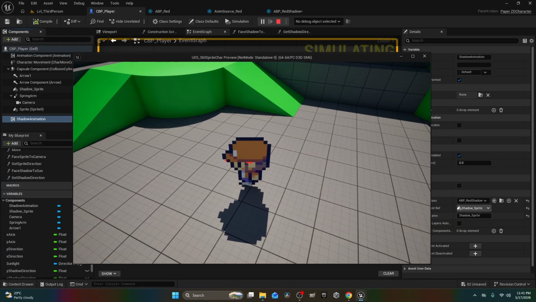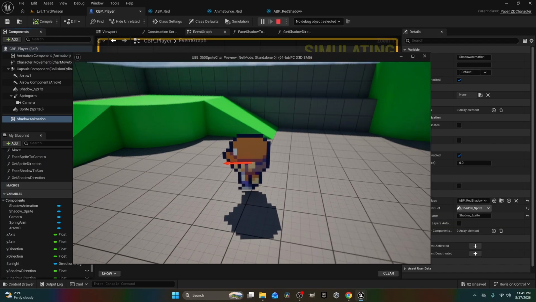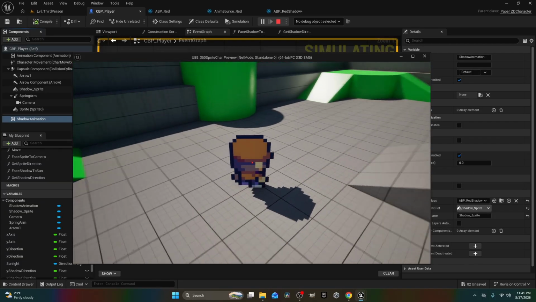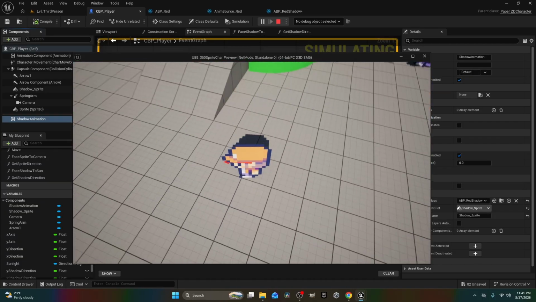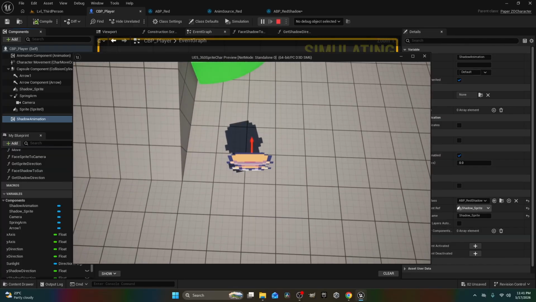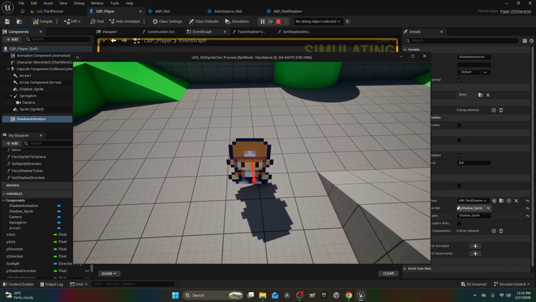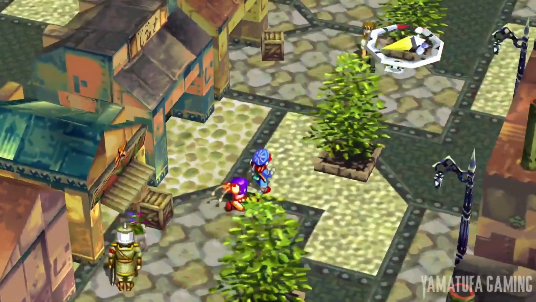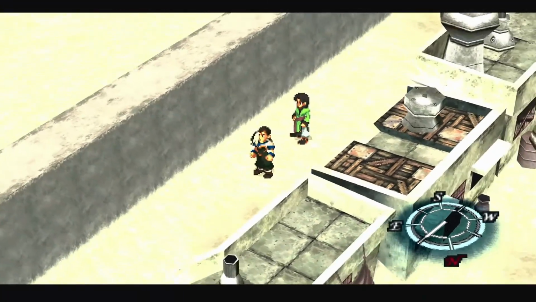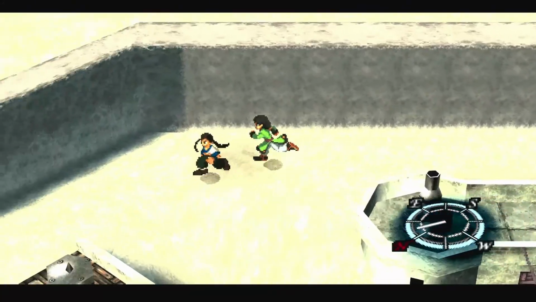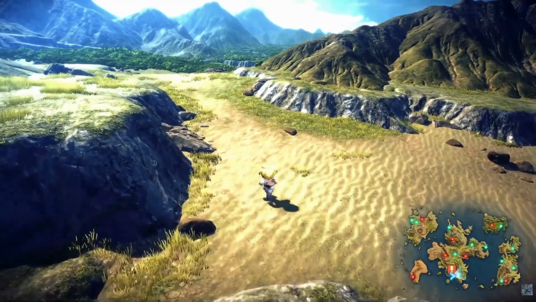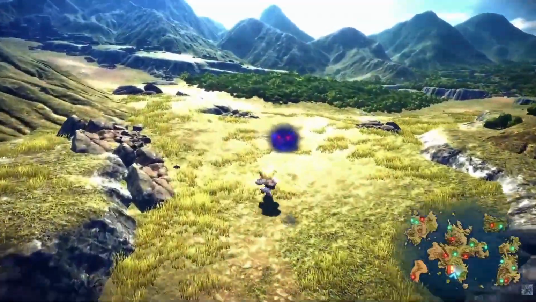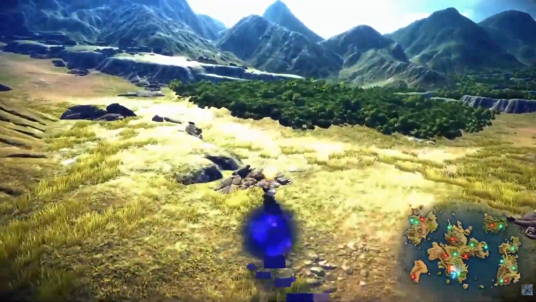My name is Classy Crustaceo with Crustaceous Studios, and today we're going to take a look at taking a 2D sprite and creating a free moving camera, much like a third-person camera, or in older PS1 games where you could rotate the camera around a 2D sprite in a 3D level. Most notably, this effect has most recently been created with Star Ocean. And we're going to take a look at how we can do this inside of Unreal Engine